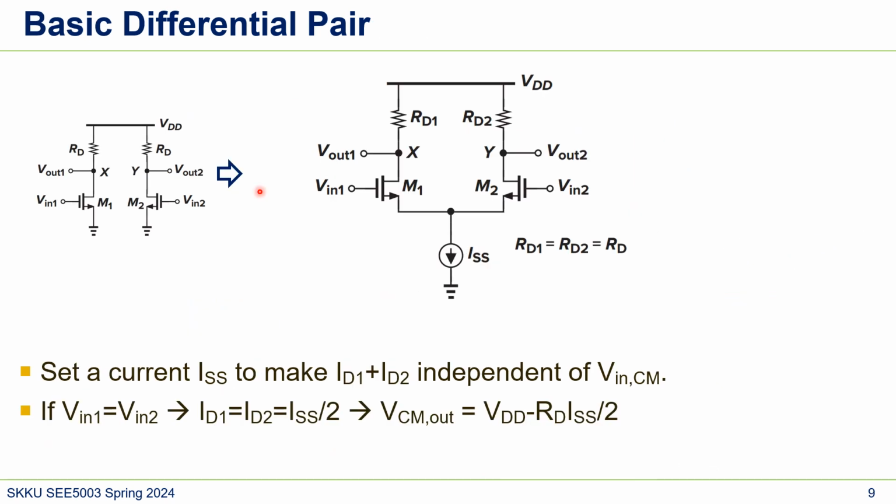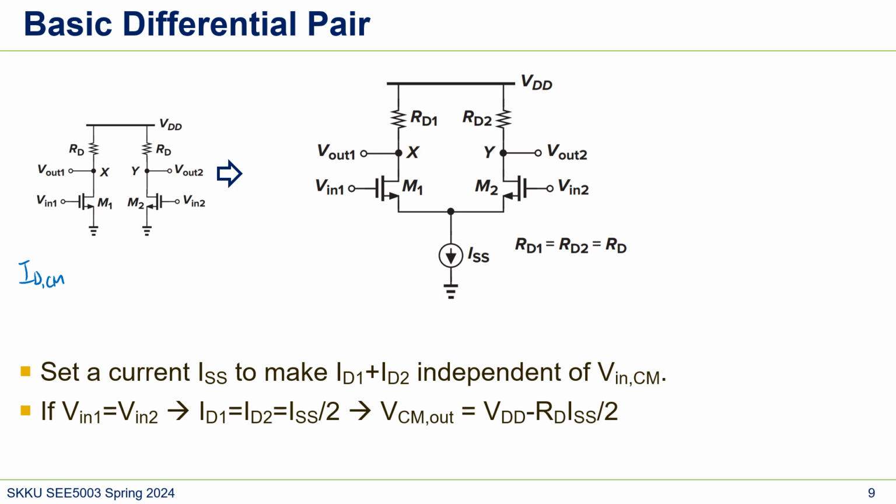Because of the previous issue, what we can do is put a current source here. We set the current ISS here to make ID1 plus ID2 independent of V in Cm. In the previous slide, the circuit was this one, so we simply put two circuits here. The problem with this circuit is IDCM, which is